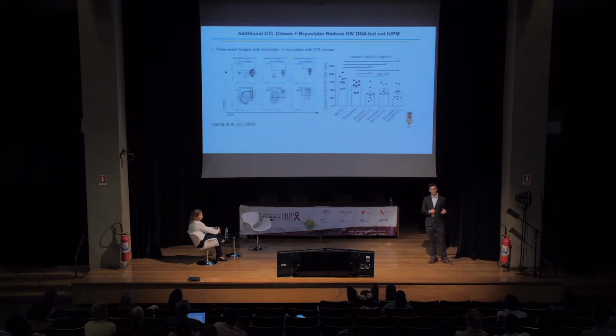So we take these now into our HIV eradication, or HIVE, assay. Here are the 3 clones with their peptides, just showing that they are specific. Here they're degranulating in response to peptide. In HIV DNA, we see a similar pattern to what I showed you earlier, where we have combinations of the clones with the latency reversing agent. We have reduced the amount of HIV DNA, and these results are part of a study that we published in